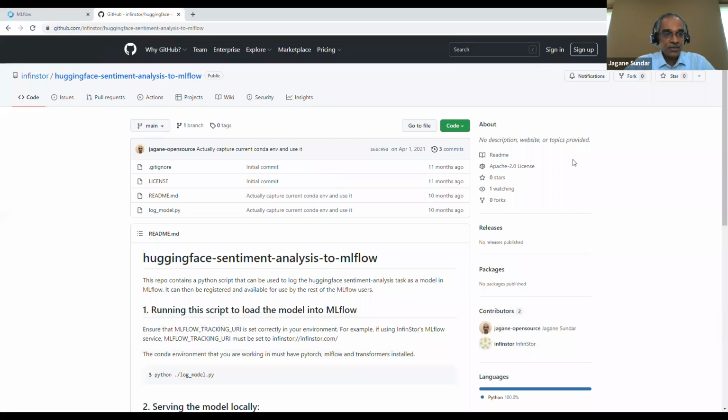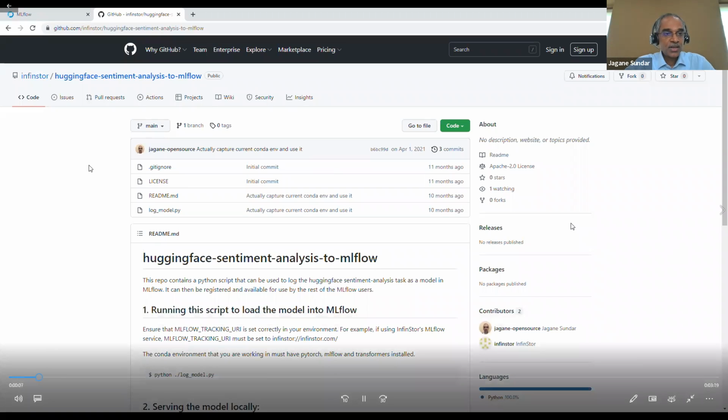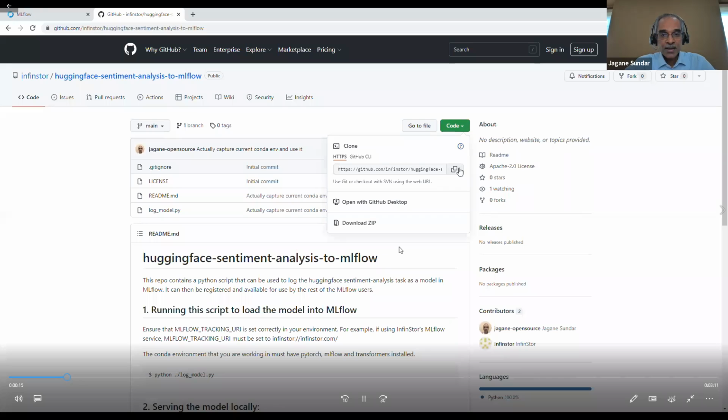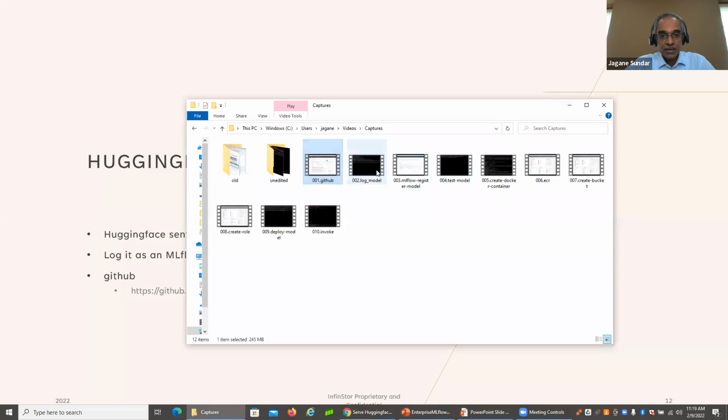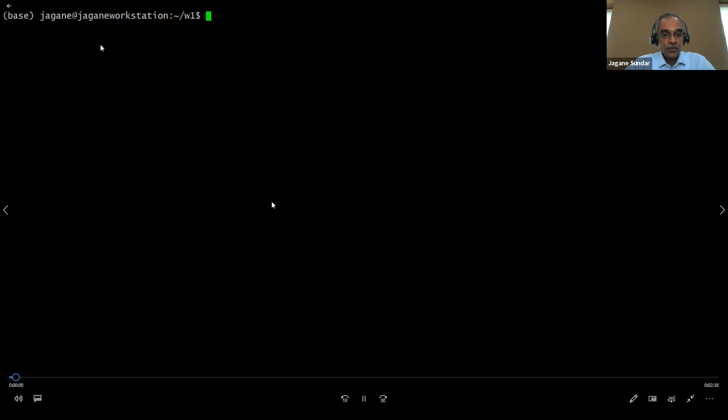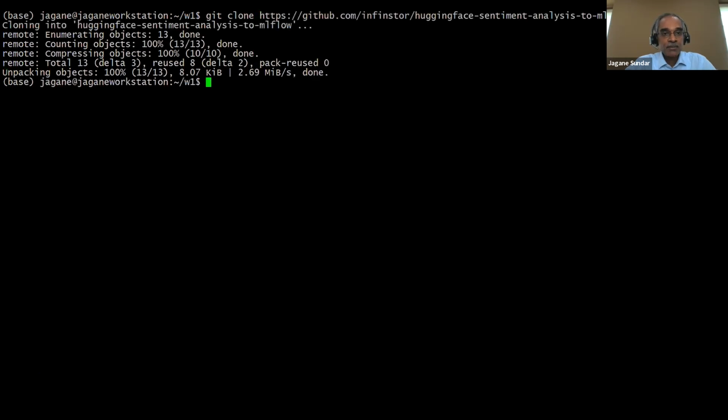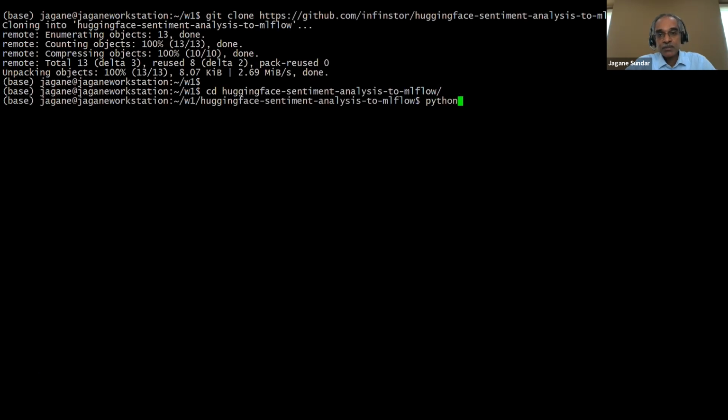So this is the source tree up on GitHub, and it's called Hugging Face Sentiment Analysis to MLflow. It's in the Infuse Store repository. We will send out links to this. I am going to copy the location of this particular model. Some of these activities I'm demonstrating on command line, but you can actually use a JupyterLab cell to run all of these. I'm cloning the repository, and next I'm going into the cloned repository, and it's a simple command. I'm going to say python